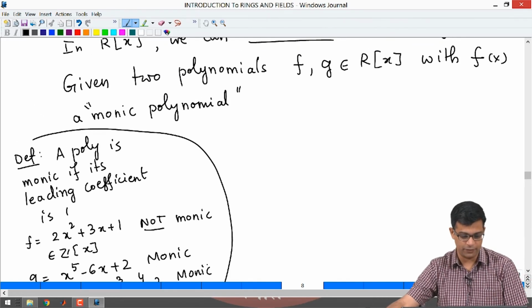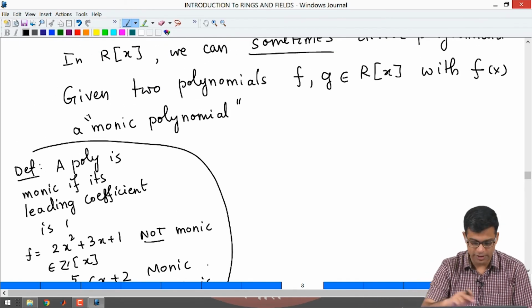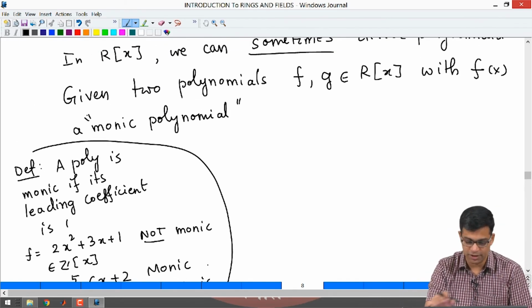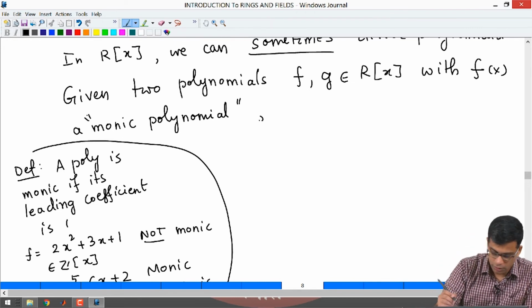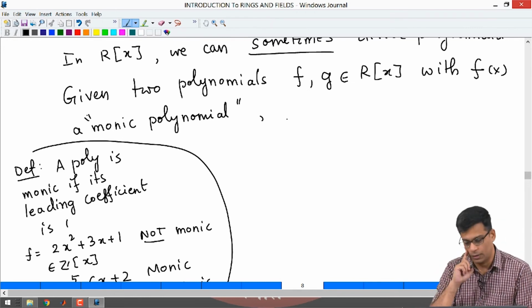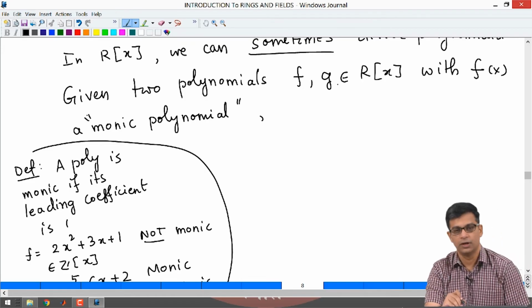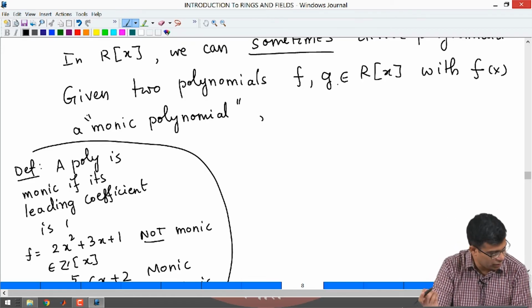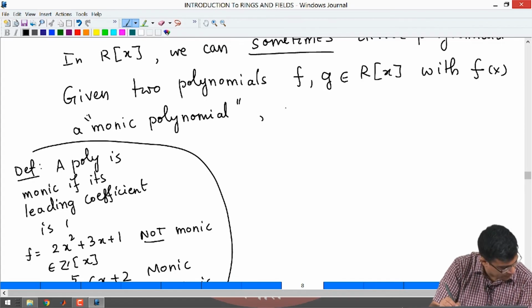Okay. So, this is a side definition. Now, let us come back here. Given two polynomials f and g with f(x) a monic polynomial, we can divide g by f. What does the division really mean? It means the following: there exist